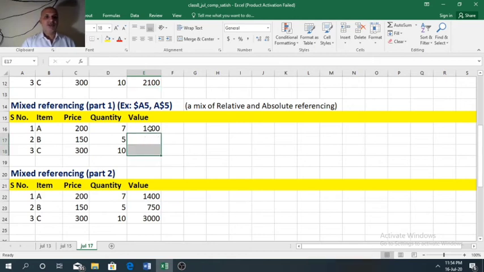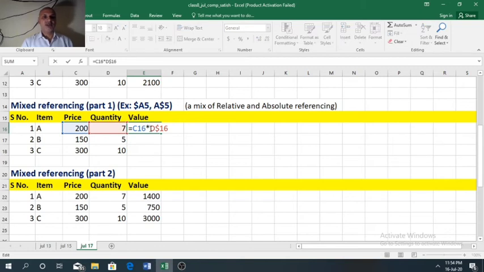Now see the first value here. What formula is applied? C16 into D$16. Dollar is applied before 16. It means row number 16 will become fixed for the quantity, and column name D will be relative.